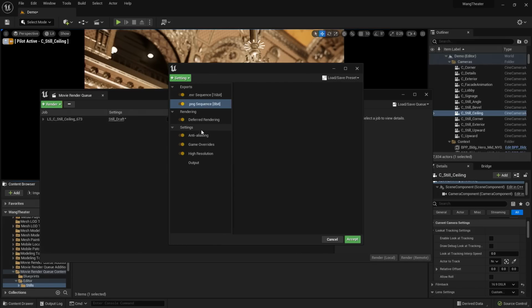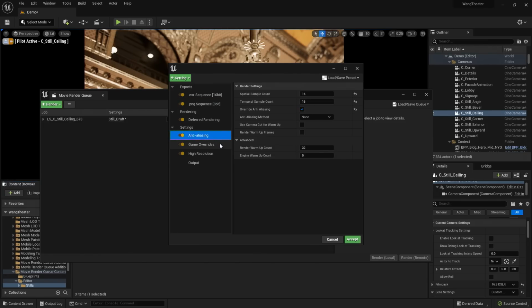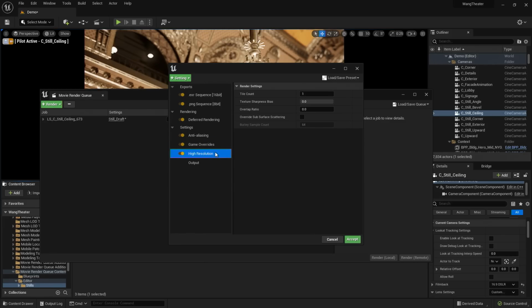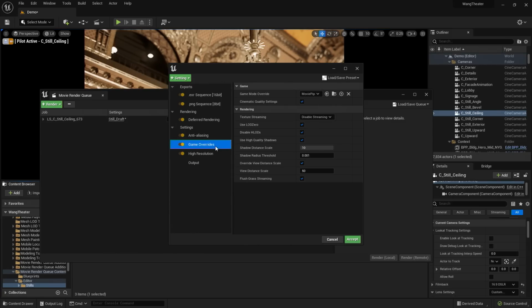Now these are the elements that I referred to that really take Movie Render Queue outputs to the next level. So here I'm able to control anti-aliasing, game overrides, and high resolutions. Now the place that I see the most difference is with this game overrides. So I'm going to keep all of the settings as is, but I want to explain a little bit more